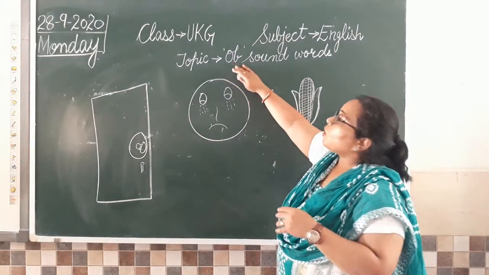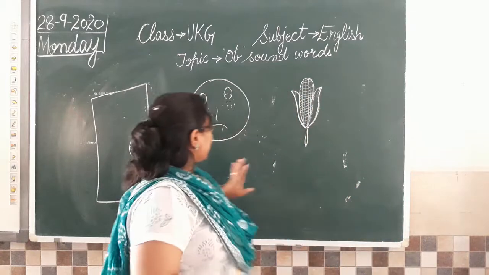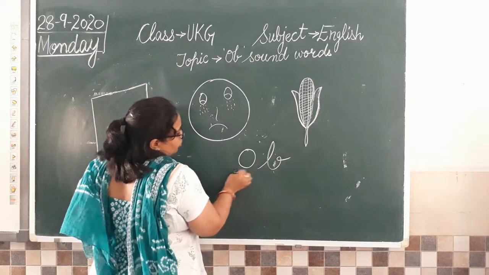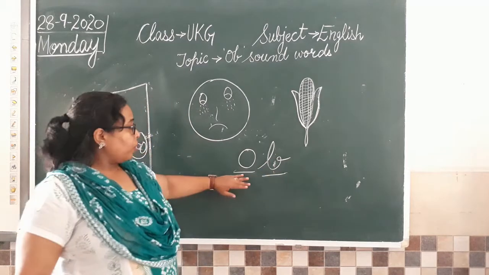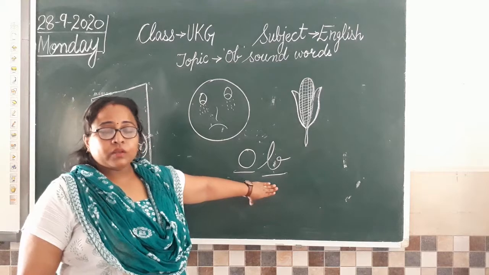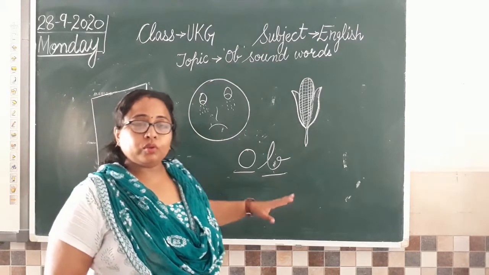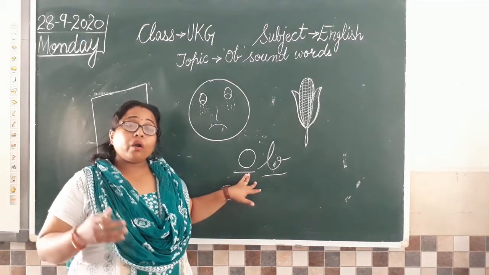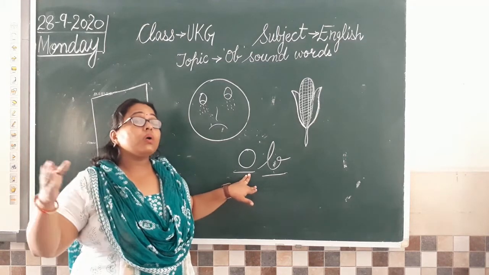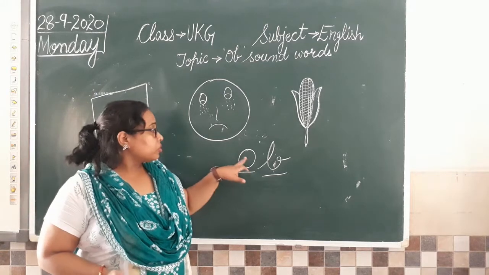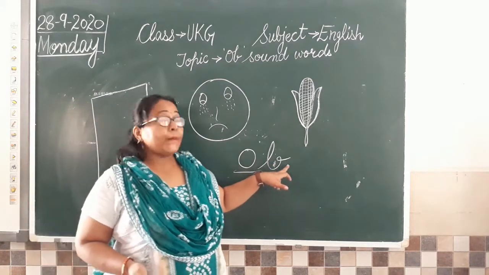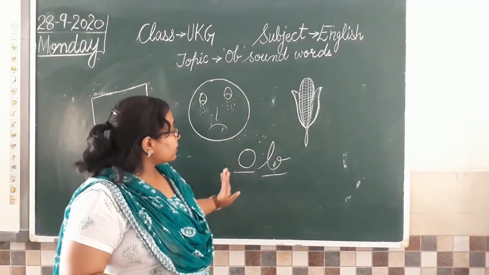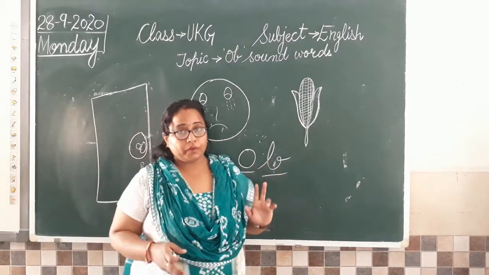So can you see this? O and B. So now I'll start here. I have written O there and I have written B. So you all know these two alphabets, O and B. So then together when we are saying them, जब हम इन दोनों को mix करके बोलते हैं, so what is the sound of alphabet O? Orange in the plate says O, O, O. You remember your phonic rhyme? So this is O. And bat and ball says B, B, B. So what it makes? O, B, O.